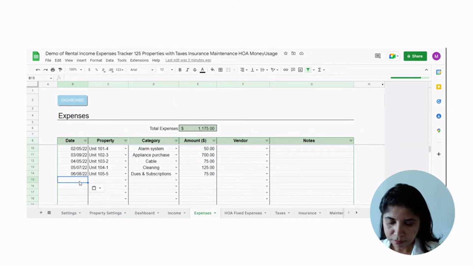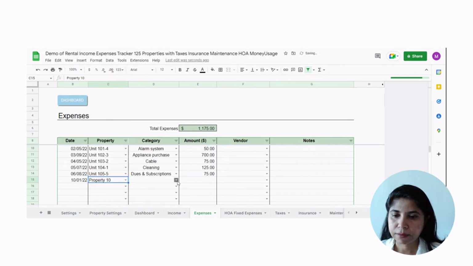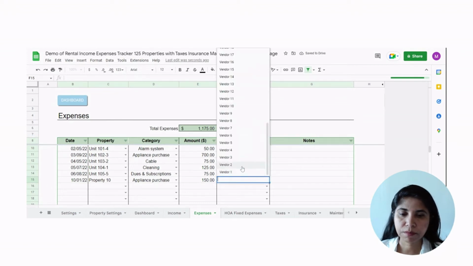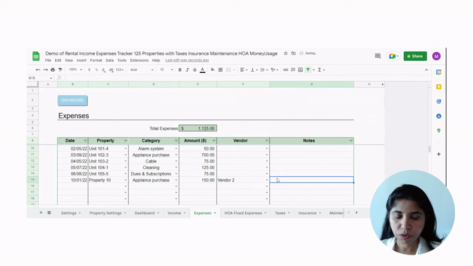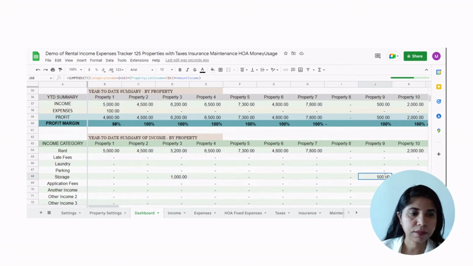Let's enter a date. Let's say October 1 and property 10. And let's say there was an appliance purchase of $150. You choose your vendor from the vendor list, maybe vendor 2, and you put in notes, maybe a microwave purchase. And this will show up in your dashboard. Let's go there. And as you can see, in your property 10